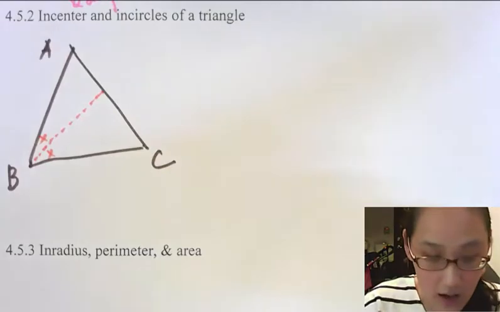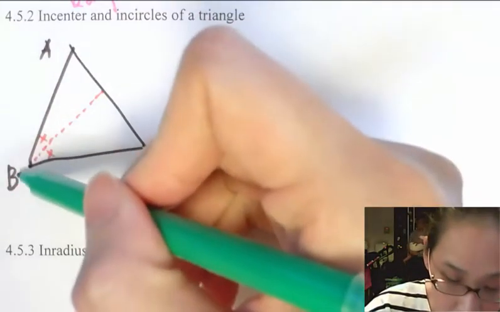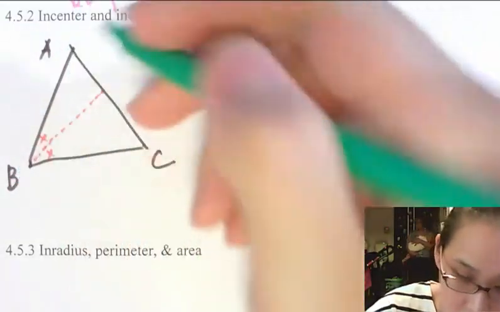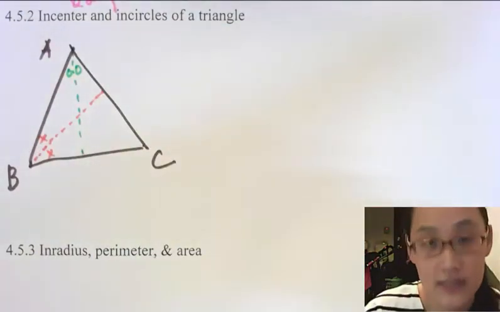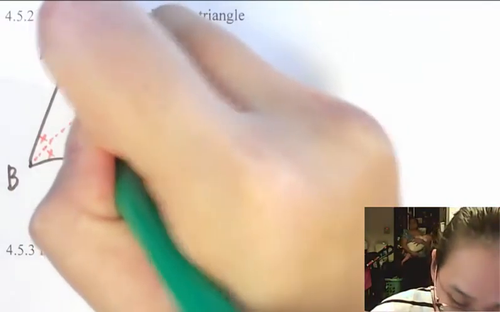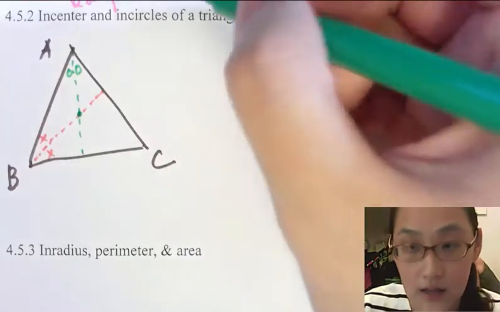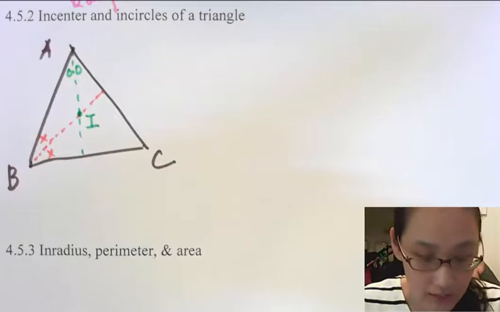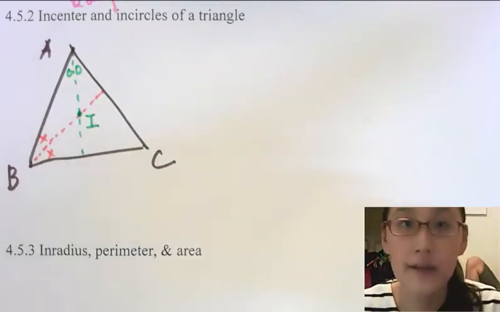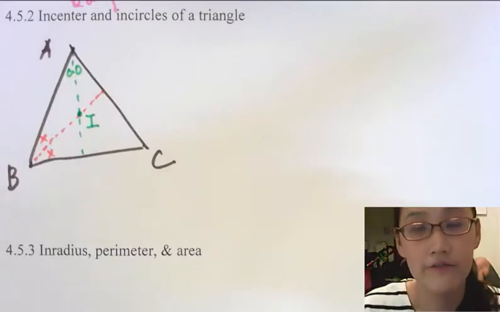Okay, and then I'm going to draw another angle bisector from my angle BAC. So I drew another angle bisector. Okay, so let's just say this point where the two angle bisectors intersect, I just call it point I at this moment. Okay, so then let's check. If I have two angle bisectors and they intersect at one point I, and previously from content